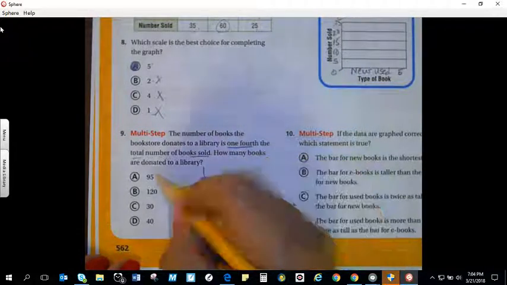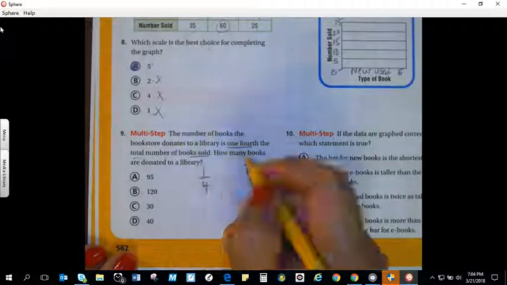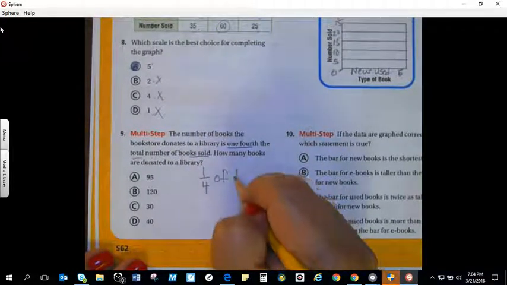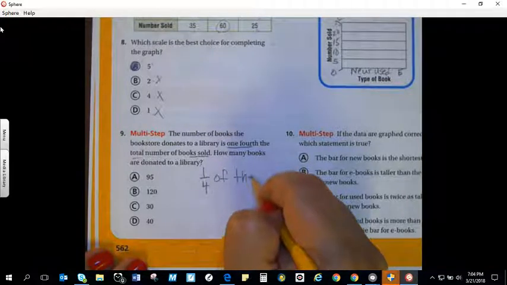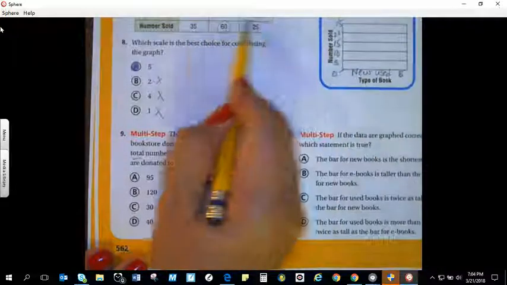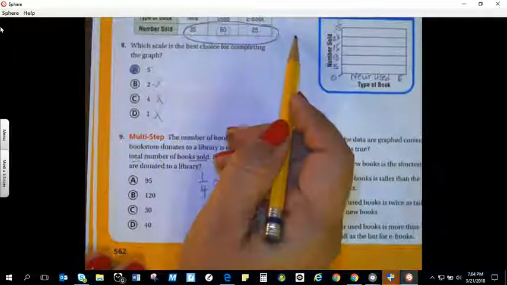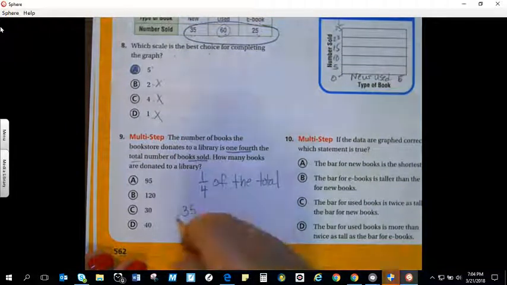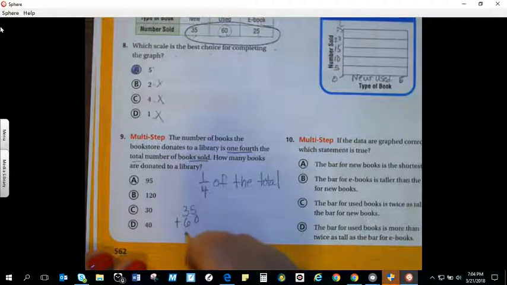How many books are donated to the library? Okay, so 1/4 of the total number of books. So how many books did I sell? Well, I have to take my total number here, and I'm going to add them up. So 35 plus 60 plus 25